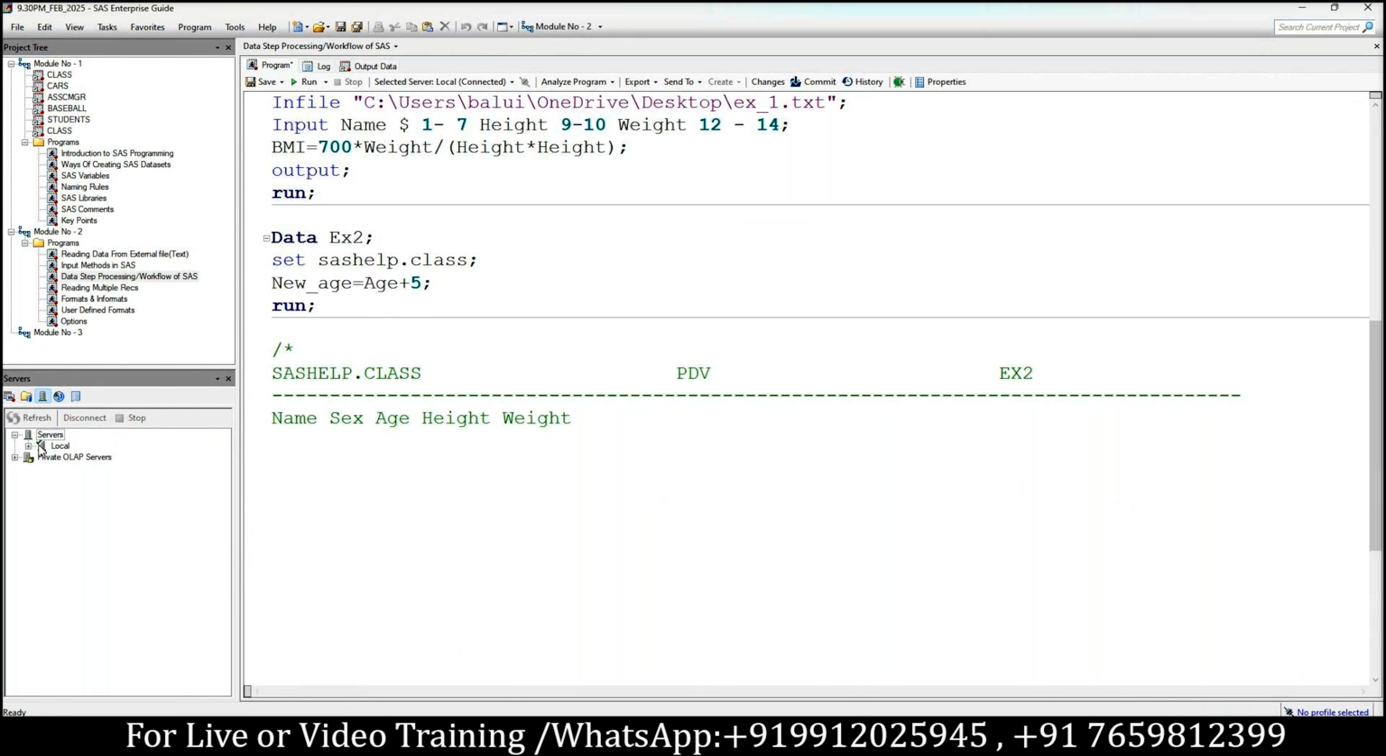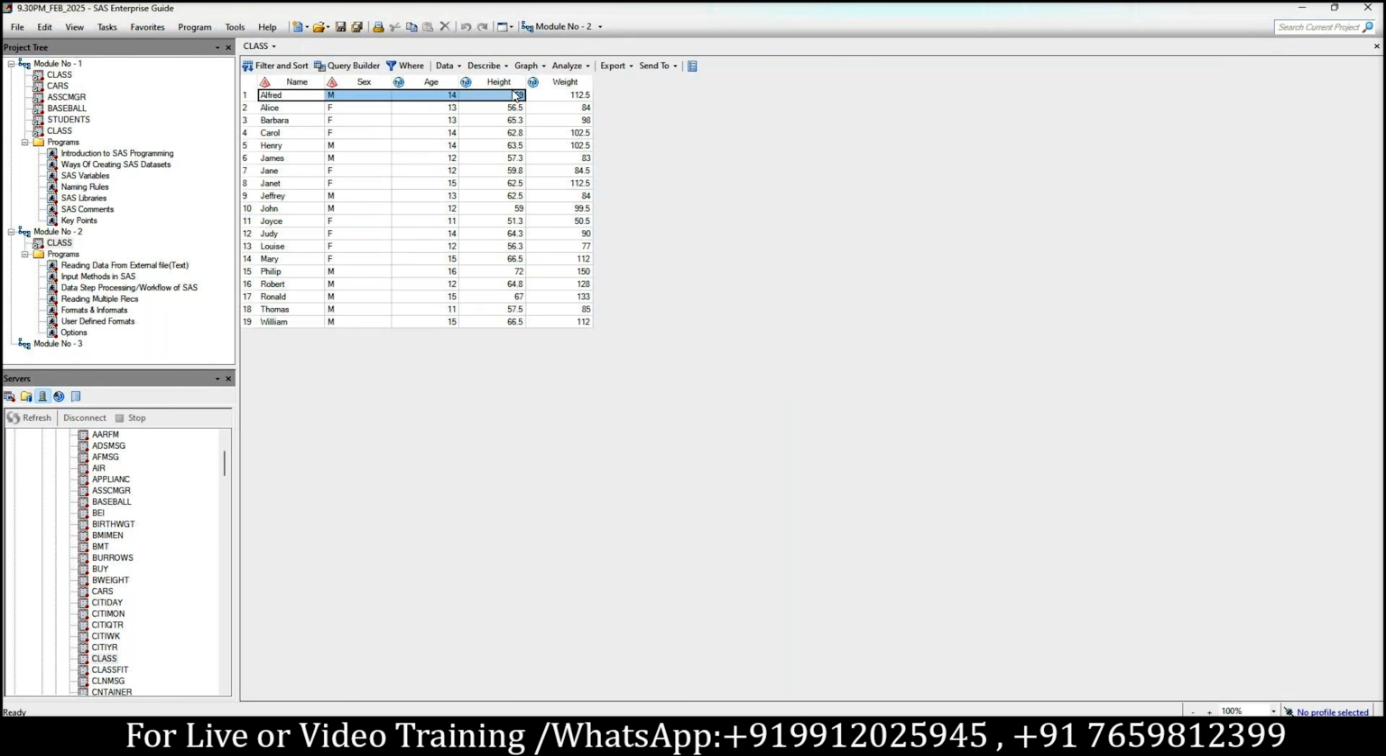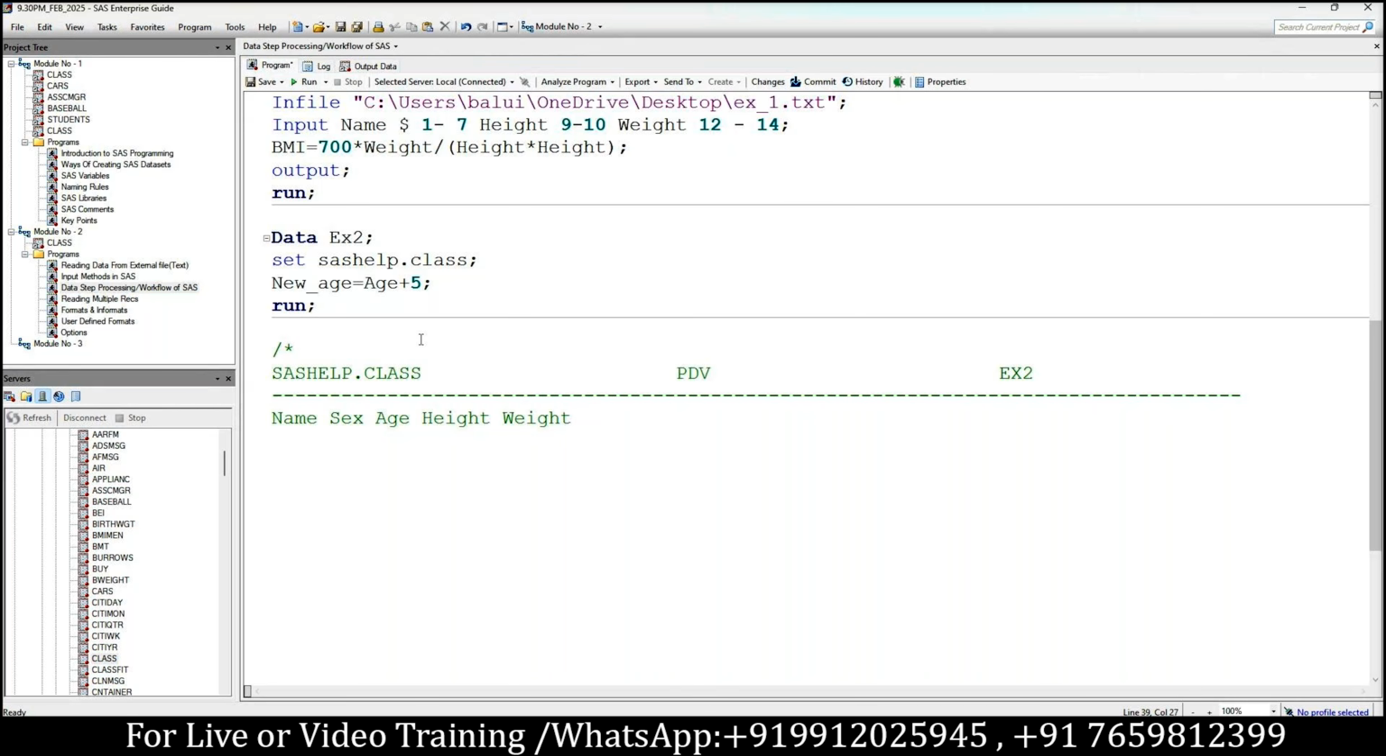We have the class data set with name, sex, age, height, and weight. 5 variables only we have, and one more variable we are creating. Where will the new variable be created? In the backend, in the PDV, right? Exactly. So first, all variables from the SAS help dot class, name, sex, age, height, weight,